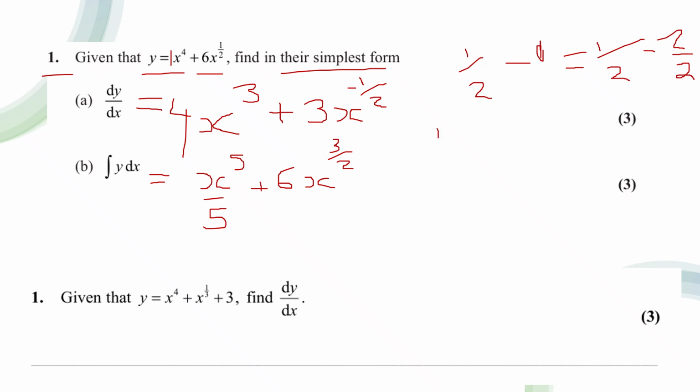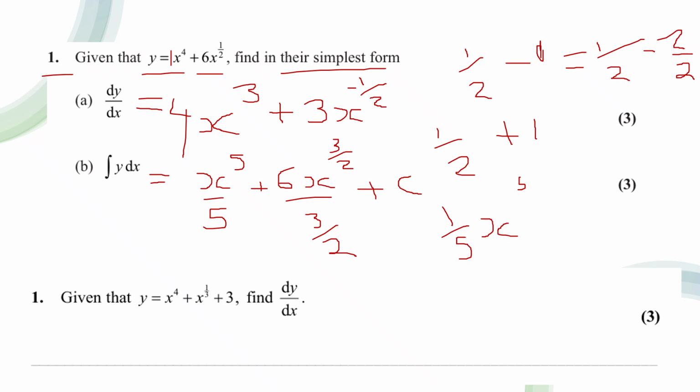You can obviously check if you're unsure. Now adding 1 to a fraction, I can write 1 as 2 over 2 or 2 halves. So divided by 3 halves, and then not forgetting our integration constant, c. Do not forget that when you're doing indefinite integrals. Let's simplify this and tidy it up. I have a fifth x to the power of 5, and then I've got 6 divided by 3 halves. So dividing by a fraction,